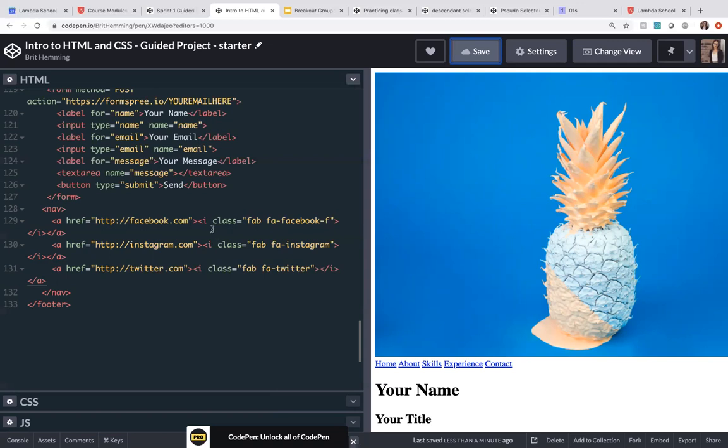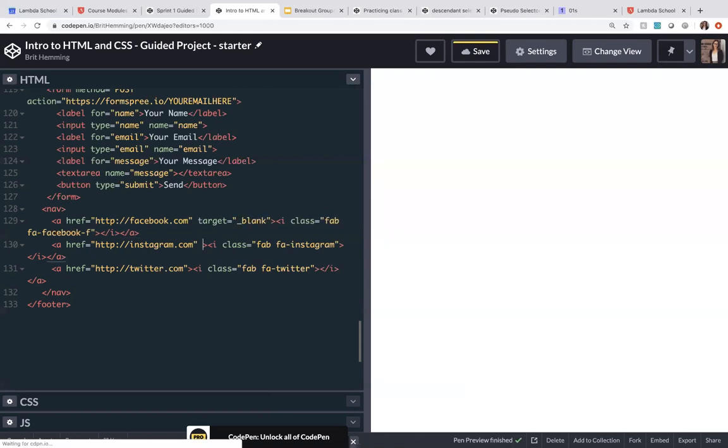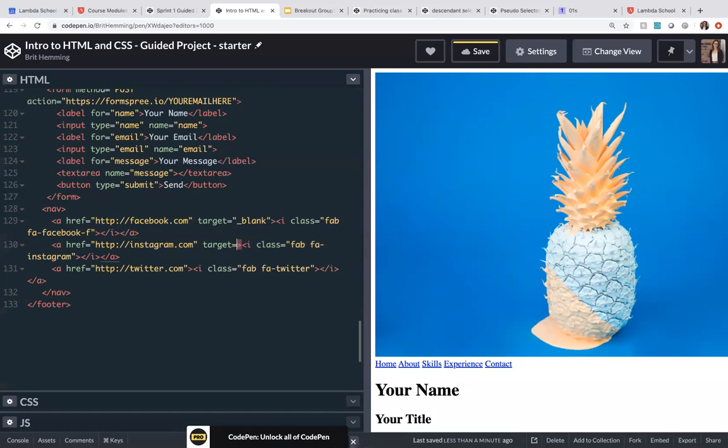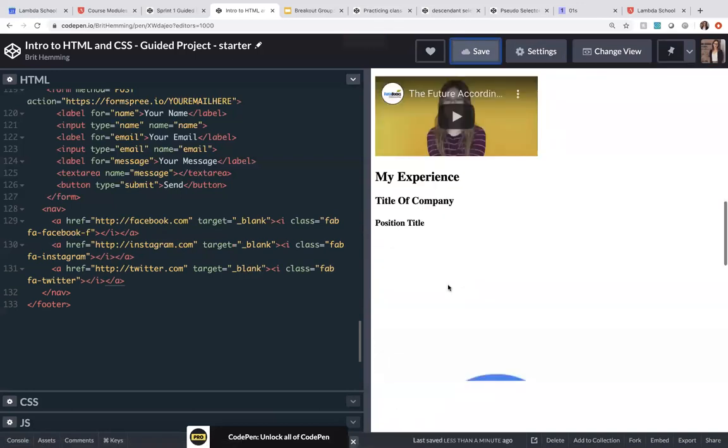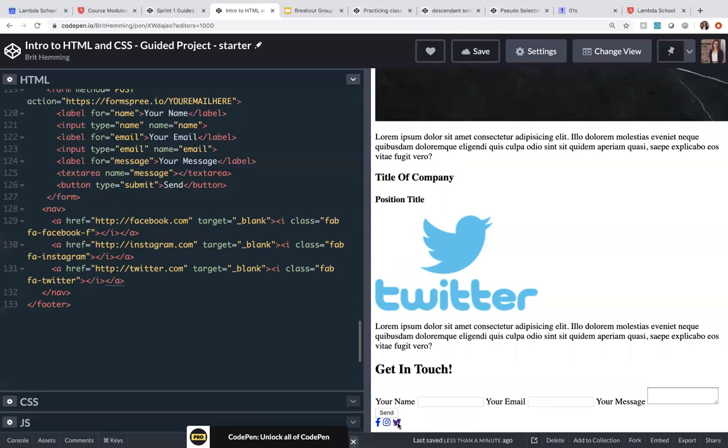Yeah, it's target equals underscore blank. So the attribute is target and the value is underscore blank. And that will open up the link in a new tab. So target equals underscore blank. So if I save that, if I scroll down and I click on that Twitter link, for example,